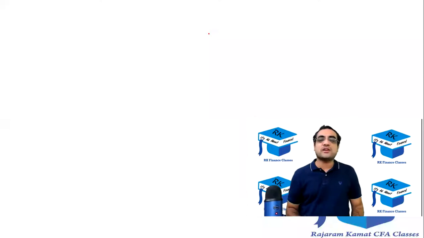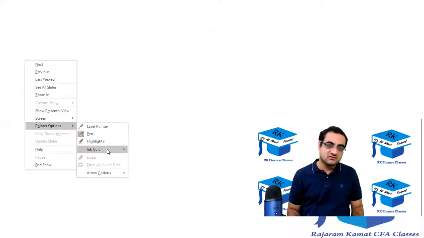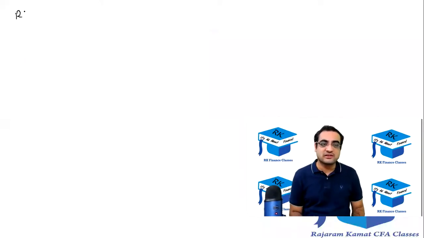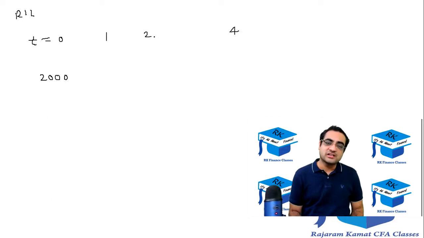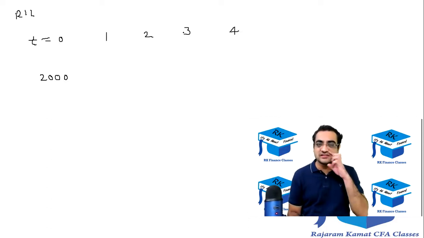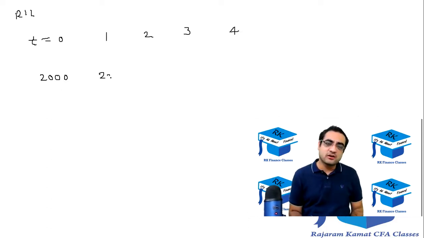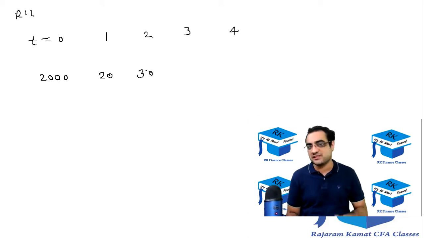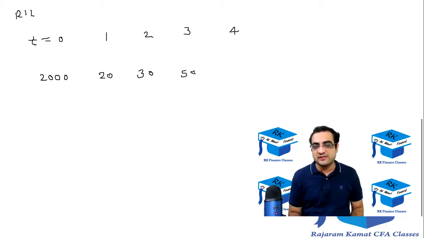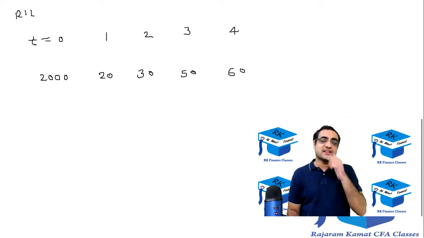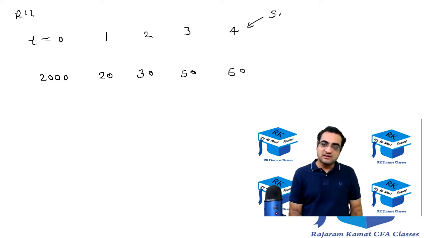So let's say I'm going to invest into Reliance stock. Today I have to invest 2,000 rupees approximately, the price approximately, and then I'm going to hold it for a period of 4 years. In year 1, year 2, year 3, and year 4, I'll get dividends. Let's say the dividends would be 20, 30 expected, projected, then 50 and 60. And then at the end of year 4, I will sell, and the expected selling price is, let's say, 2,500.